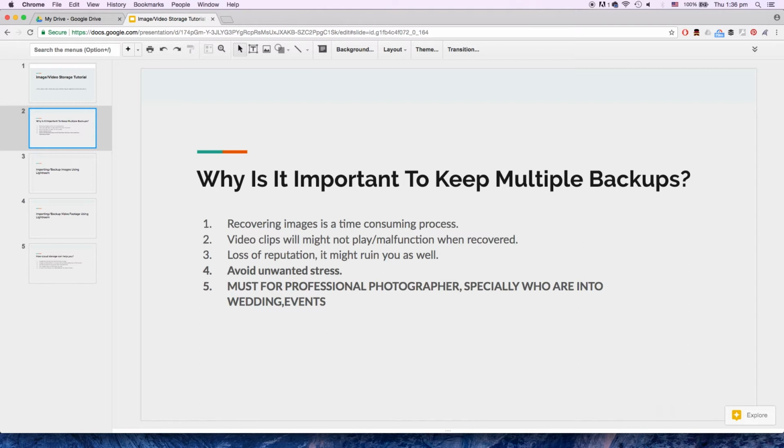The process of recovering images is very time consuming, to be very honest. To recover maybe 10 GB or 50 GB of images, it might take over 24 hours, or even 18 hours with the correct software. But it is doable, though it shouldn't be your way out when your hard disk is corrupted, right? And specifically for videos, you might be able to recover the images, but what happens typically with videos,